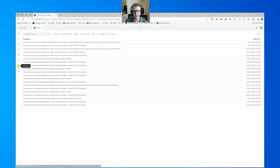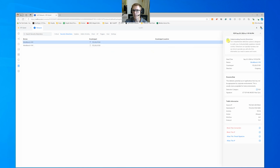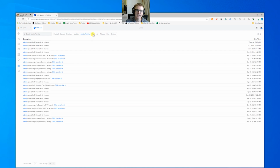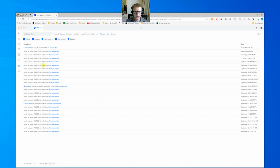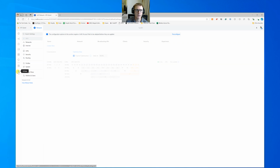Our log viewer. All right, all of our normal stuff on here, things that have gone wrong, things that are not happening. Security detections, we'll look at these. This is an IPS detection of a machine that shows that peer-to-peer happened because I had some record of that going on. It shows maybe when the last updates were done, when the admin logged in, what clients are on the network, whether any access points, which we've not got, triggers anything that was set from those access points, and the hosts information that we can see. Like I said, a lot of this is not actually going to be having any useful information because we've not set this up. And then our settings, which is really what we're now going to work through,